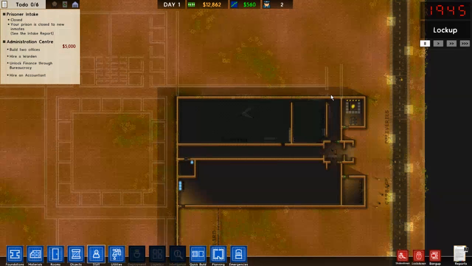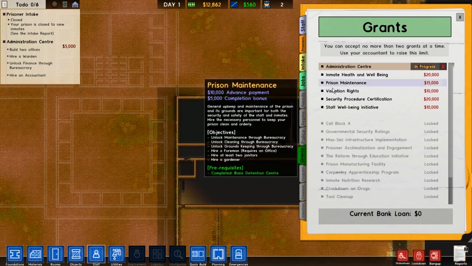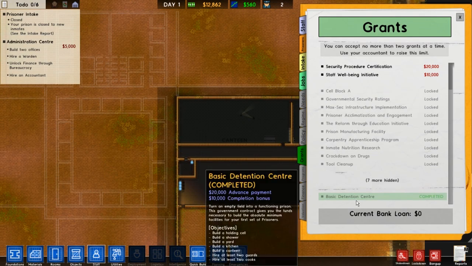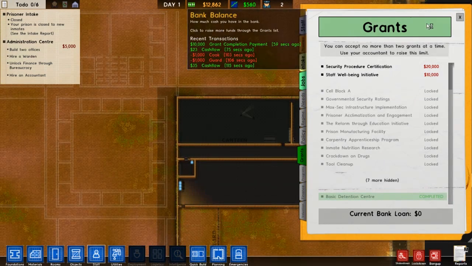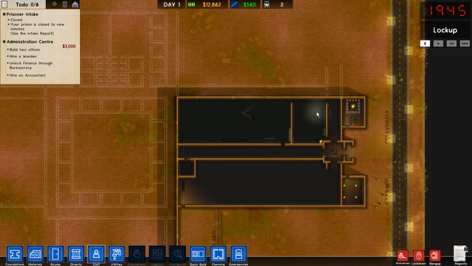I got to pause. And so on day 1, we have managed to do the basic detention center. We've completed that. The time running is 26 minutes, it says. But we are off to a great start here on the building process of the prison. Prison's open for 0 days, but we got to get it set up before we can accept anybody in. But yeah, I'm going to leave it here, and next time we'll work on the administration center and